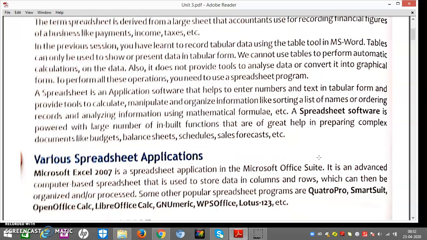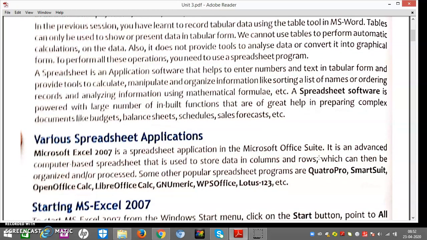Now in Word, what we have learned about tabular data: tables can be used to show or present data in tabular form. We cannot use tables to perform automatic calculations on that data, which is a disadvantage due to which Excel or spreadsheets were introduced.